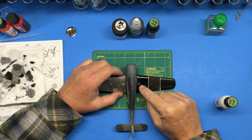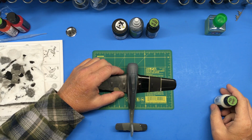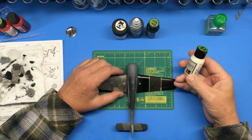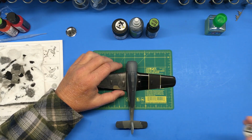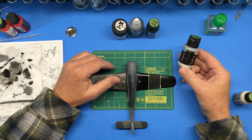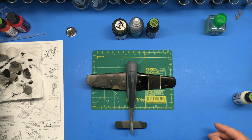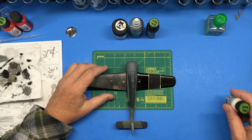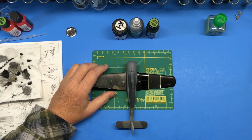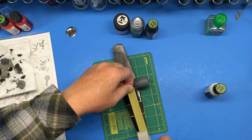So I'm going to tape this off again, and I am going to spray a white base, which is Mission Models Insignia white, and then I'm going to spray Vallejo metal color aluminum as a base, and then leave black. And then that way I can experiment with the two reds I want to use, or I want to try to see which one would be the best red for the application I'm wanting to use it for. Okay, I've got this taped off, so the first thing I'm going to spray